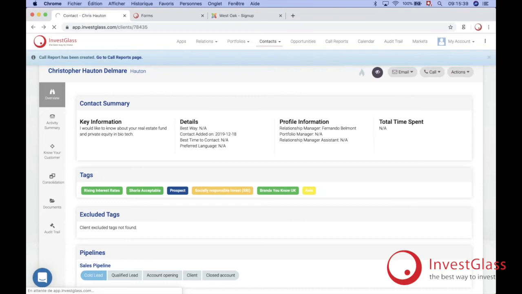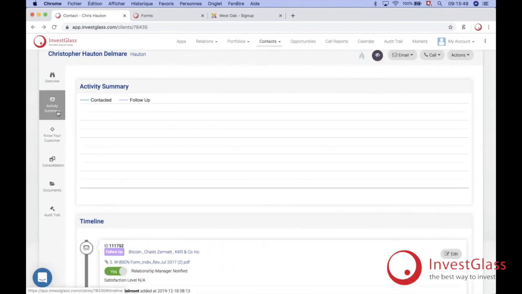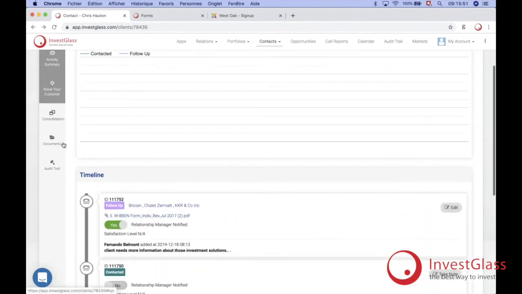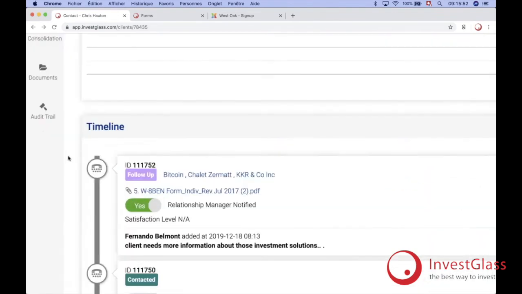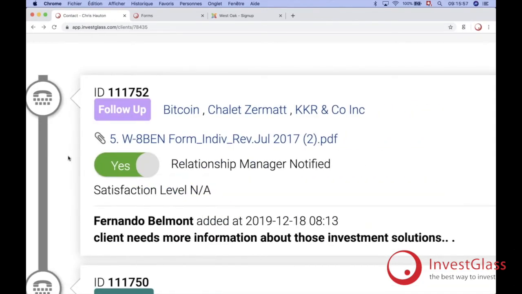The CRM has been built to be beautiful and easy to use. So all the actions you find here are the ones that are actually needed if you interact. From the activity summary, you find here the way we built it. All the call reports are linked to the actual security. So within 2 clicks, if you have the client over the phone, you will know exactly what to say and